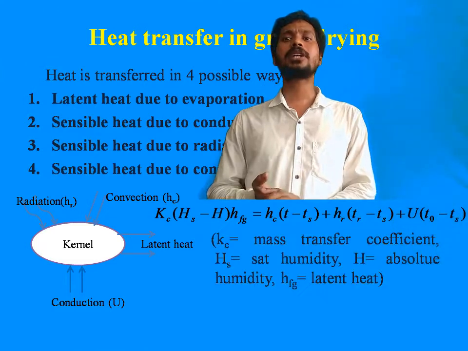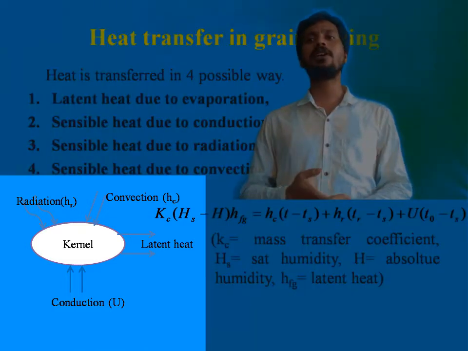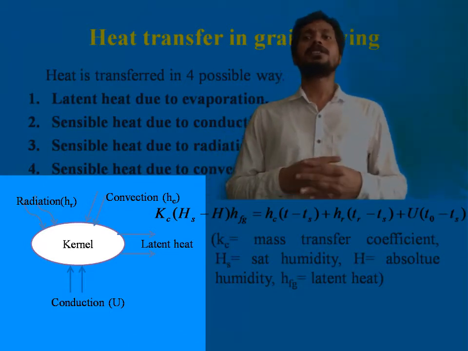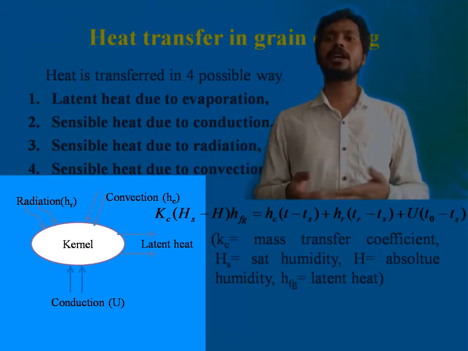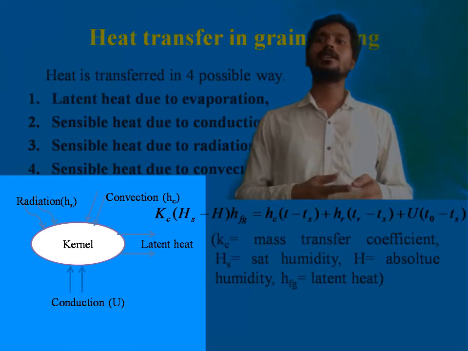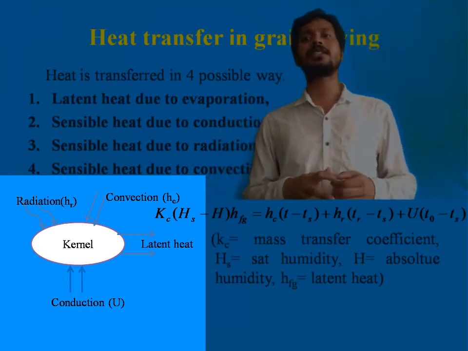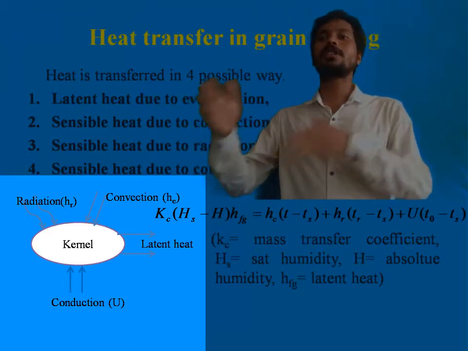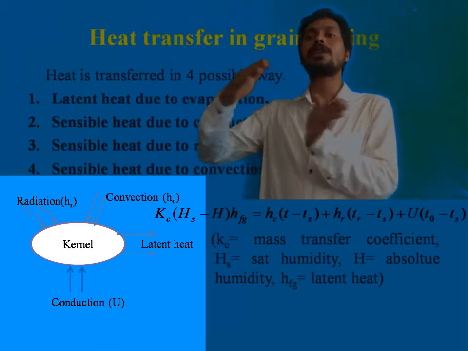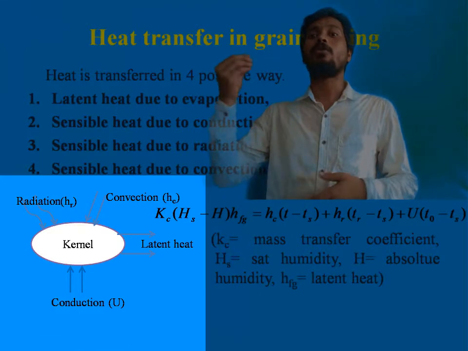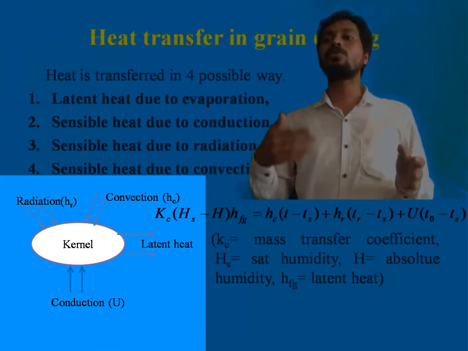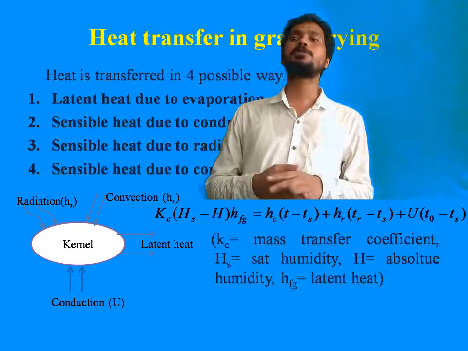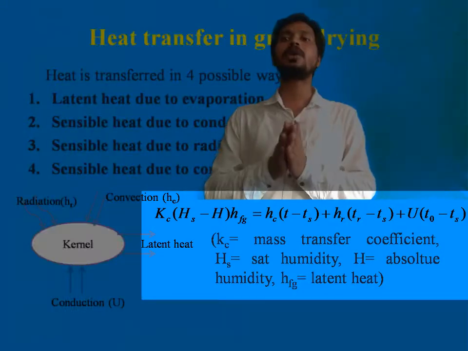In this diagram you can see one kernel, or maybe one product. From the ground there is conduction, then from the atmosphere there is convection and radiation, and from the product to the atmosphere the moisture content is evaporated into the air as water vapor. Due to that latent heat,